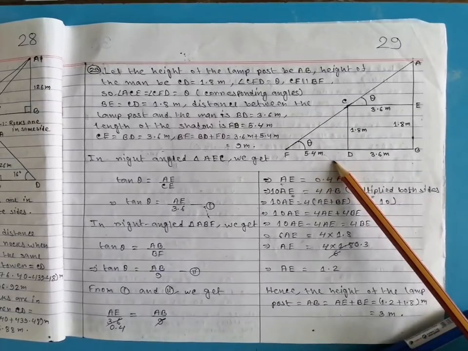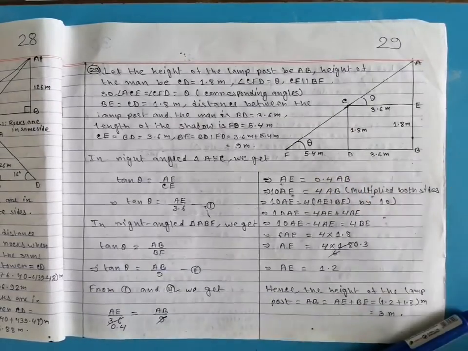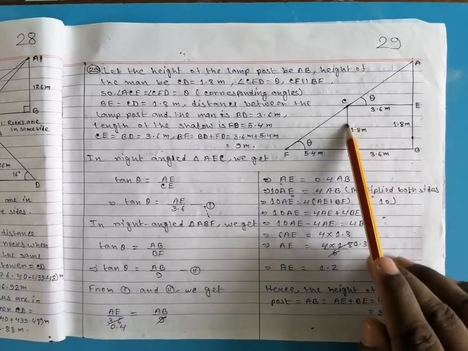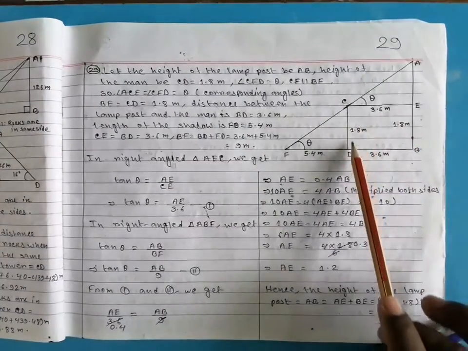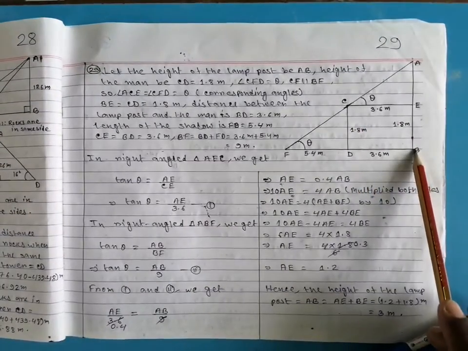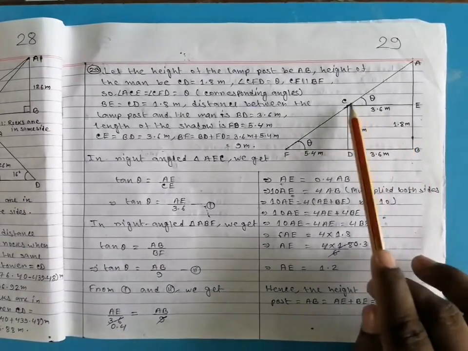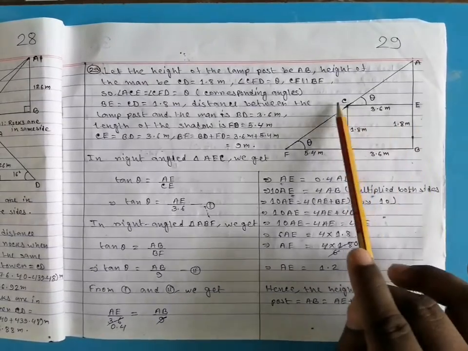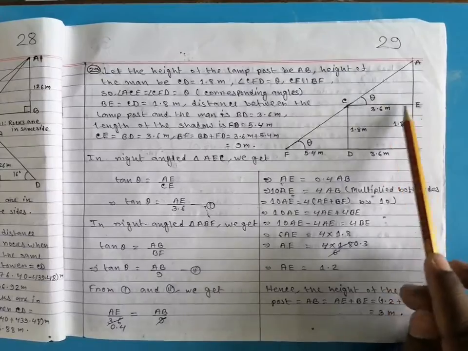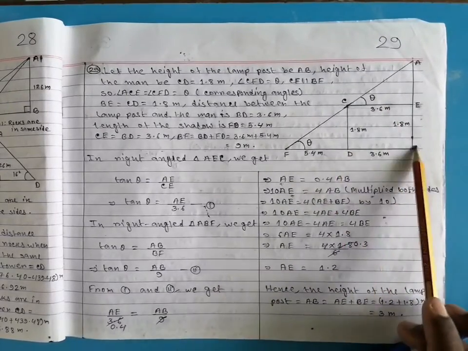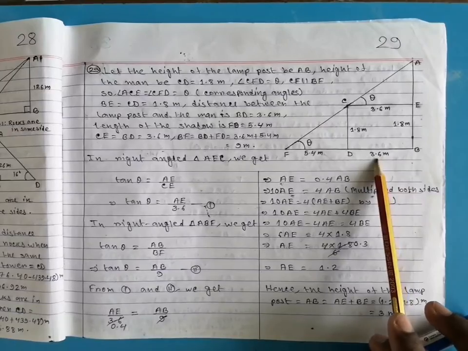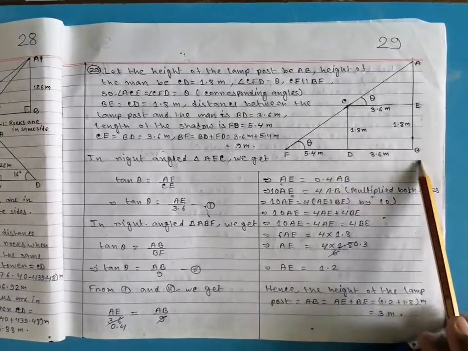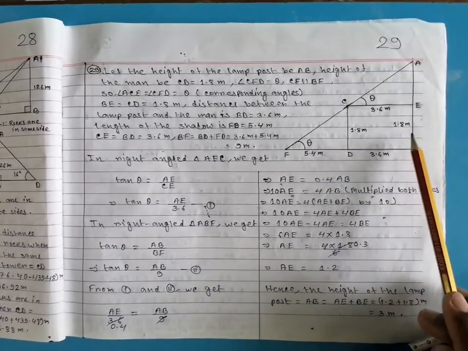What you have to find? You have to find the height of the lamp post, that is AB. So see that. In this case, CD is the height of the man, AB is the height of the lamp post. So draw a horizontal line through C, because the eye of the man will be at point C. So through the observer's eye, we have drawn a horizontal line. As the distance between the man and the lamp post is 3.6 meter, this one also will be 3.6, and the height of the man is 1.8 meter, so this one, BE, will be 1.8 meter.